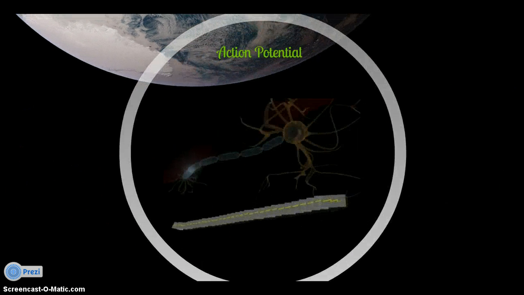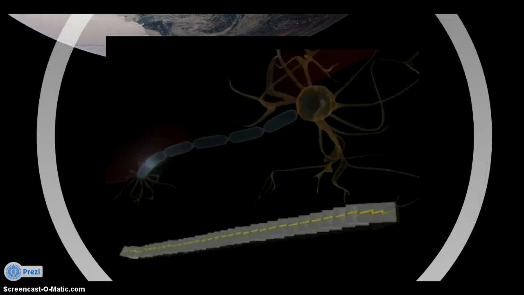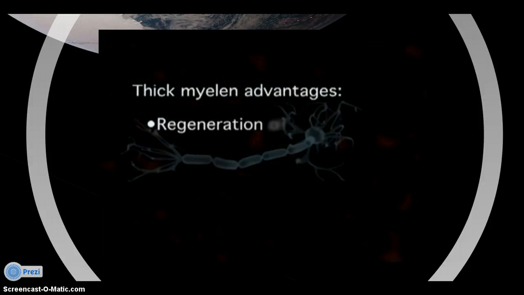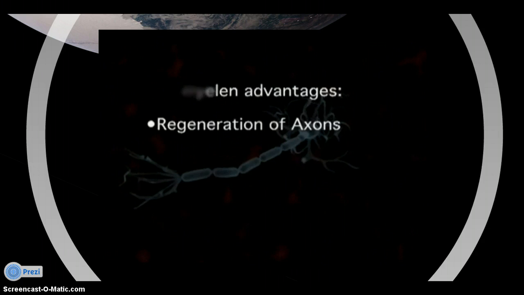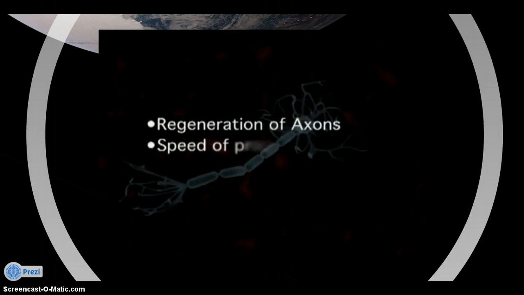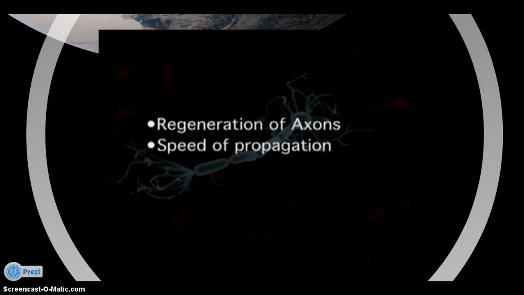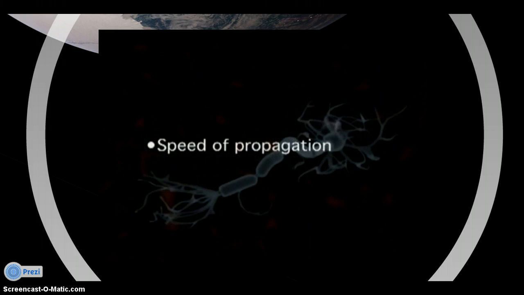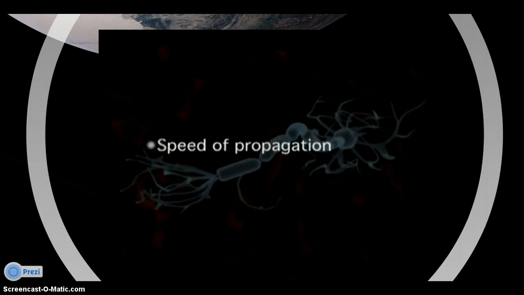The next video is going to talk about action potential. To the axon. One advantage is the regeneration of severed axons. Another advantage is an increase in the speed of the propagation of the action potential along the axon. The rest of this presentation will concentrate on the increased speed of action potentials down the length of the myelinated